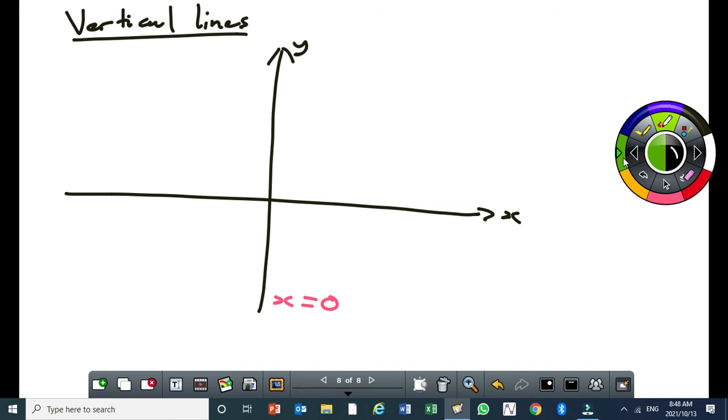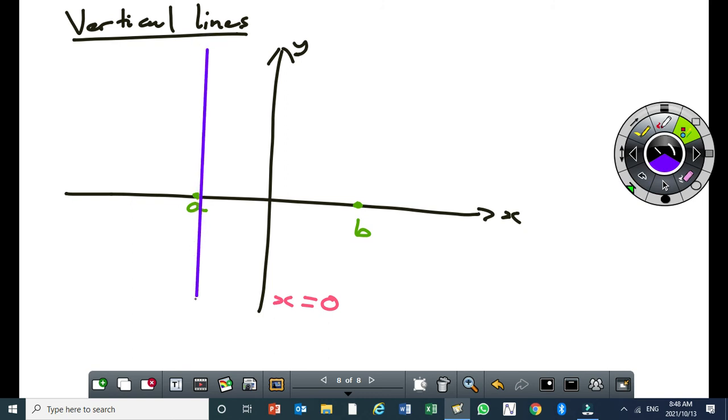Then, let's say the value of x here is a, and the value of x there is b. If I draw a vertical line passing through a, like that, and I draw another one passing through where x is equal to b, like this,